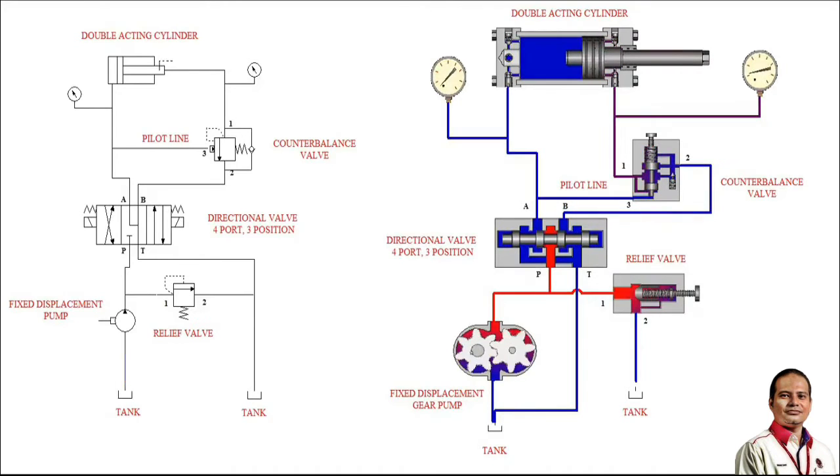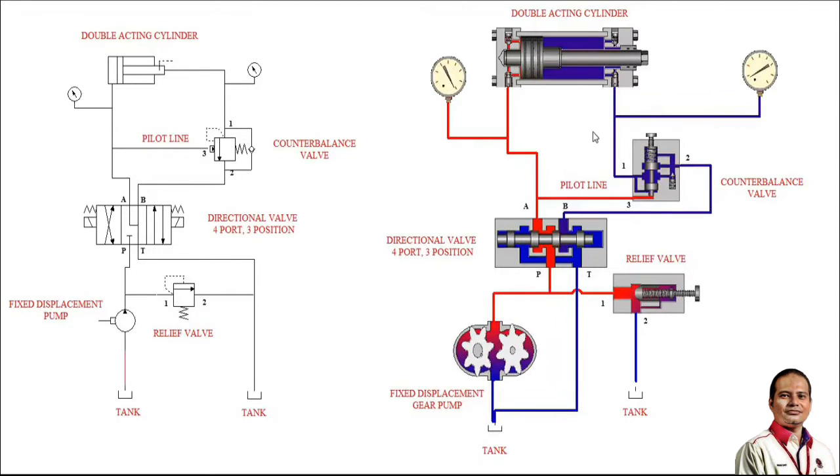Okay, so hopefully that gave you a good idea of how it all works, but now let's look at it in detail. So when we start here, we've got a spool that's in the center position, pressure is blocked right here, and we see our relief valve is open, right? Our relief valve here, the poppet's off the land, allowing a flow path from 1 to 2. So now I'm going to advance it,